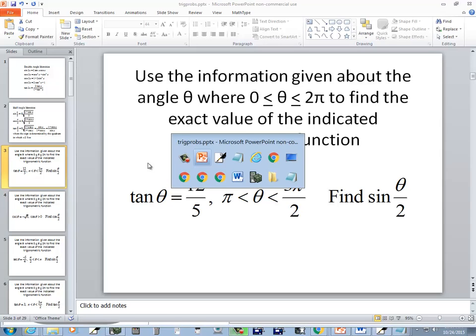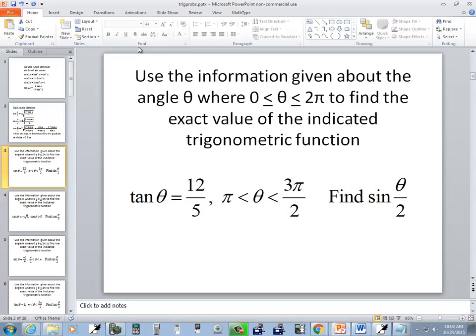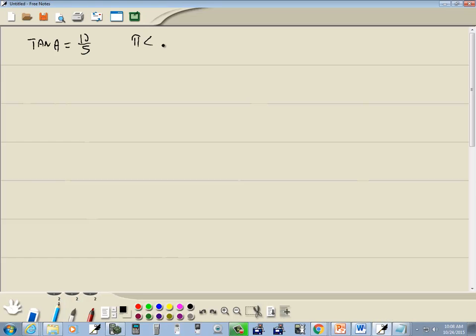Let's take a look at this problem. We've got tangent theta is equal to 12 over 5, and theta is between pi and 3 pi over 2. So that's going to be quadrant 3, I guess. You want to find sine